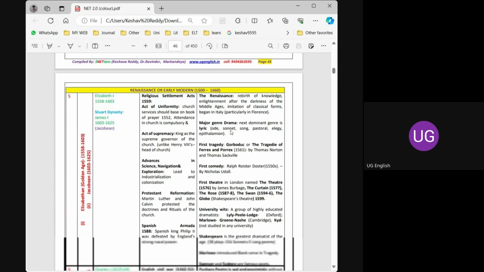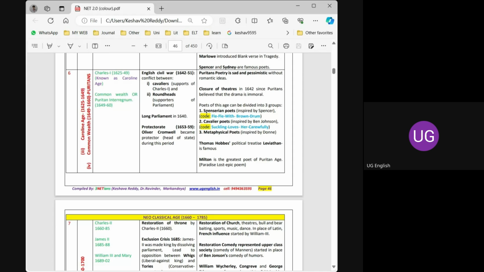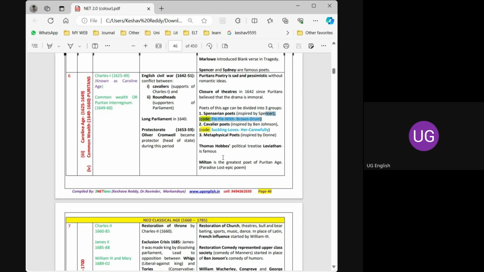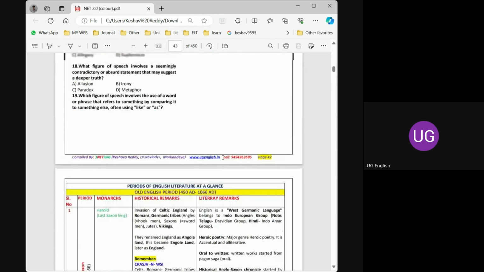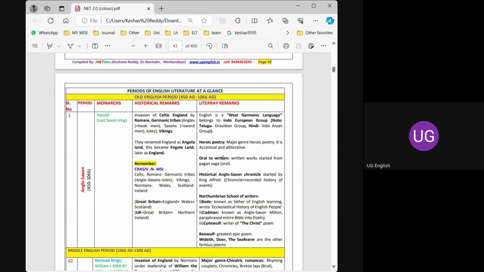And you have Spencerian, like there are some quotes given, so you need to memorize these quotes. So you will memorize the names of the poets or writers of the age. So how to read this table? I just give an example and I will stop the class. I tabulated the entire history of English literature in a table. Here, if you observe, the first literary age in English literature is the Anglo-Saxon age.